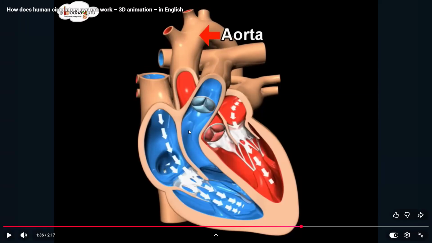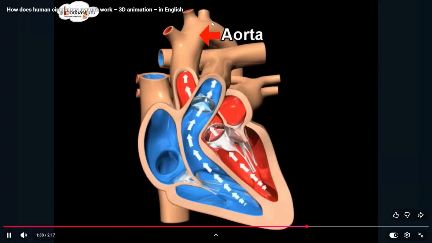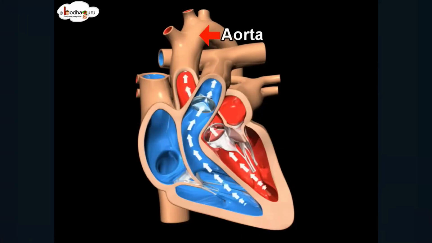Now the upper part, you can see here it's actually going on top of the aorta. The pulmonary artery goes above, so the aorta is actually down. So the aorta, you can see here, there is a bicuspid valve and the aortic valve. Oxygenated blood is part of the